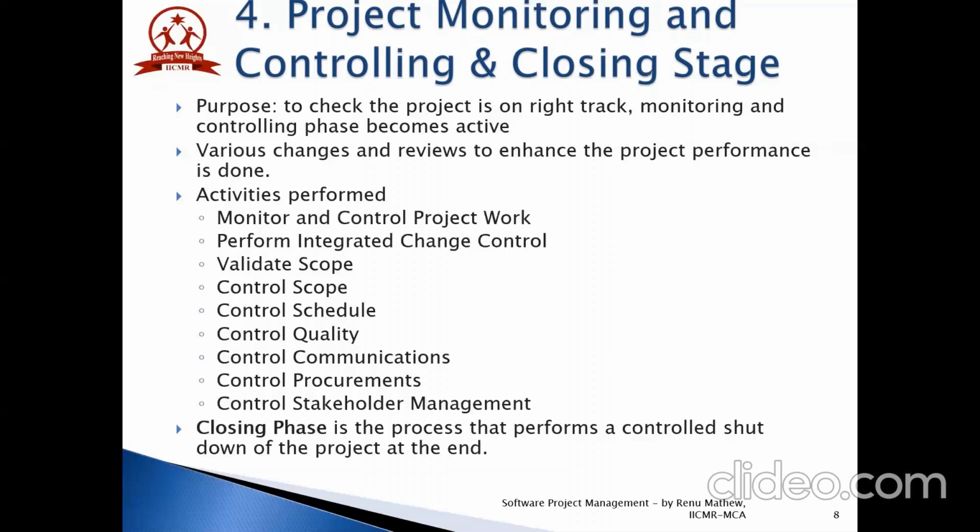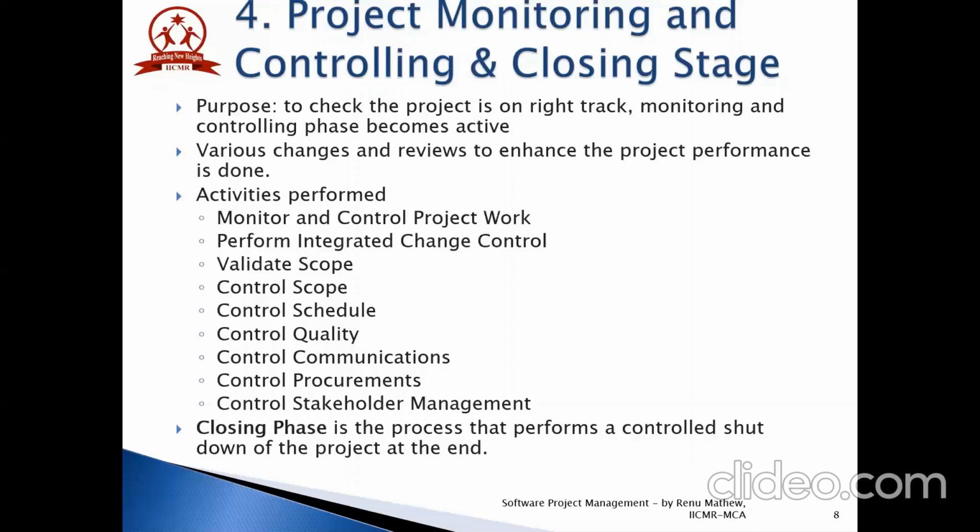After monitoring and controlling project work, integrated change control is done. In this stage, the impact of any change is assessed against the project. If a change occurs at any one part of a project, the whole project will be assessed. It is better to implement changes at an early stage of the project because as the project progresses, the cost of implementing changes also increases. The inputs in this stage include project management plan, work performance reports, and change requests. And the outputs are approved change requests, change log, project management plan updates, and project document updates.